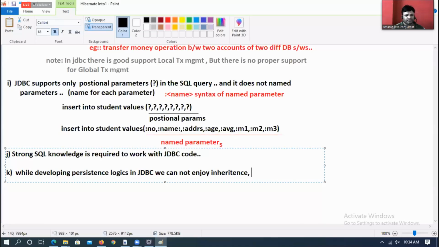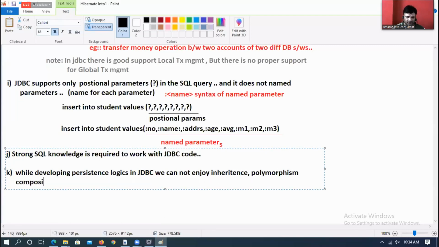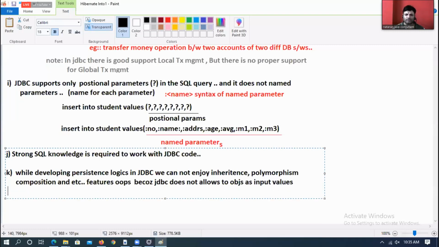Is that clear? Okay. While developing persistence logic in JDBC, we cannot enjoy inheritance, polymorphism, composition, and etc. features of OOPS, because JDBC does not allow us to use objects as input values in the SQL query.